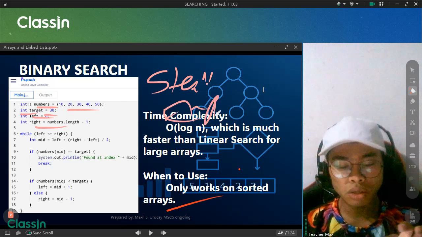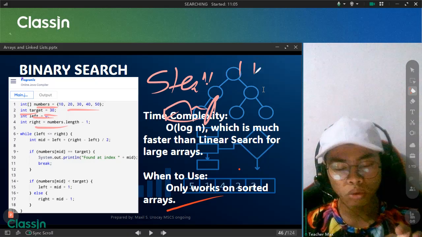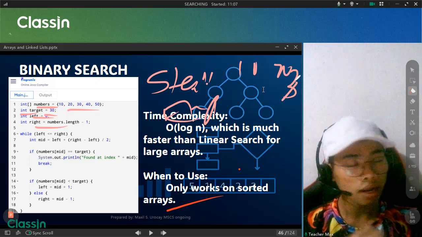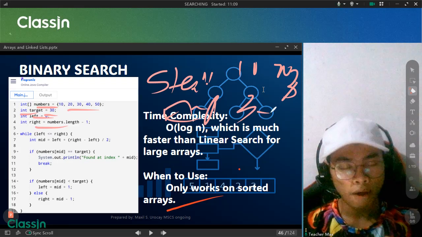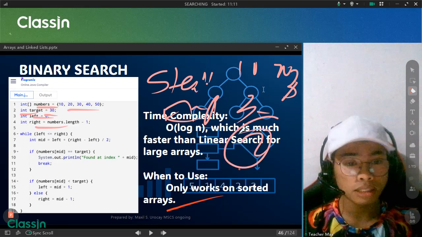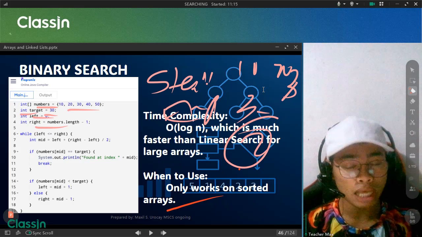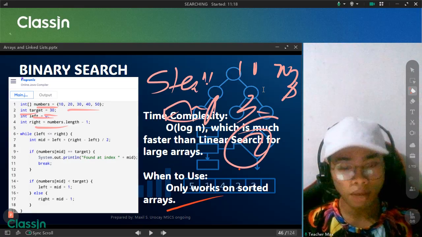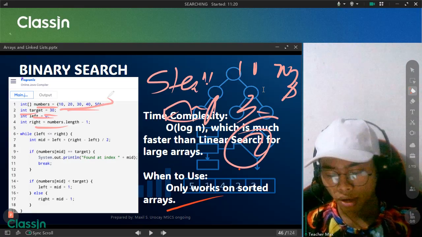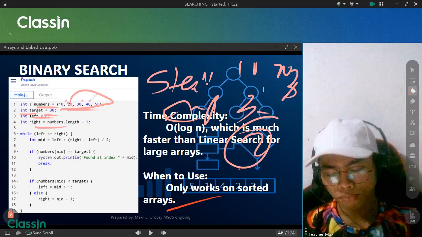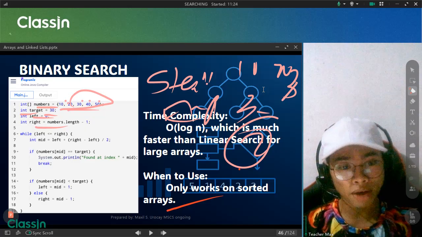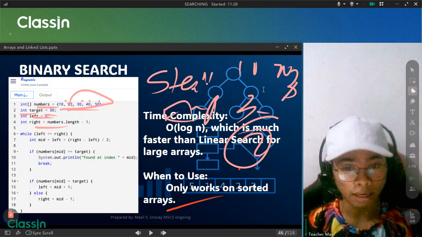So if the length you have right now is 3, with 10, 20, 30, 3 minus 1 is 2. That is index 2. So that is initialized to numbers.length minus 1, which is the index of the last element, which is 4 in this case, because 0, 1, 2, 3, 4. Actually, you have 5 elements minus 1, it will be index 4, right?